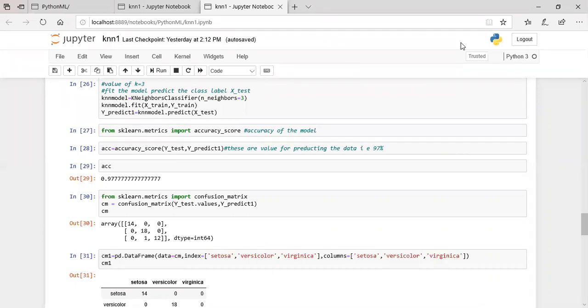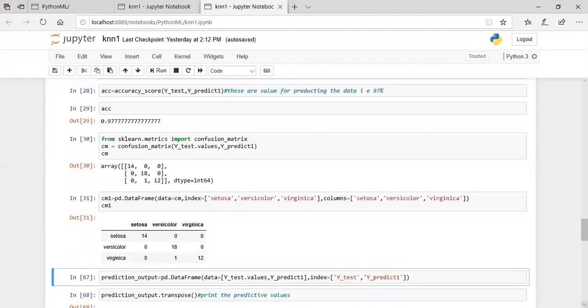Then we use a different command to create a data frame from the confusion matrix. The data frame is displayed in index format: setosa, versicolor and virginica. This shows how many data points were classified and how many were misclassified. There are 3 column names: setosa, versicolor and virginica.